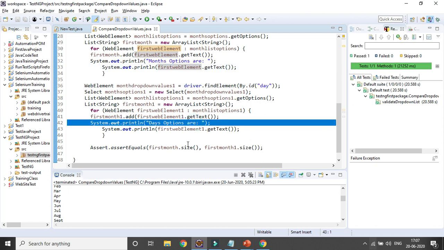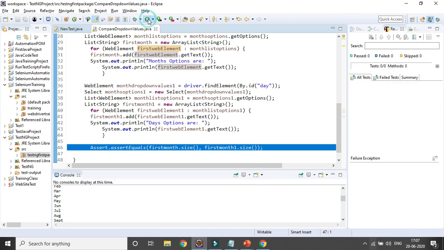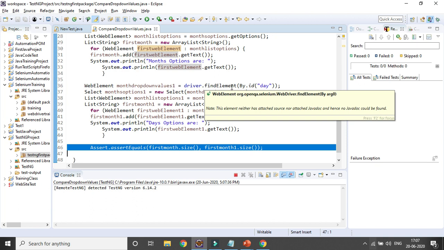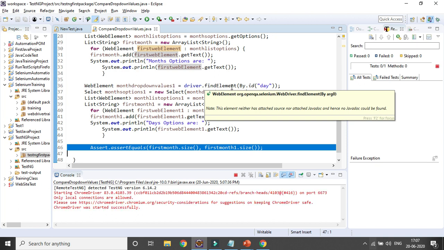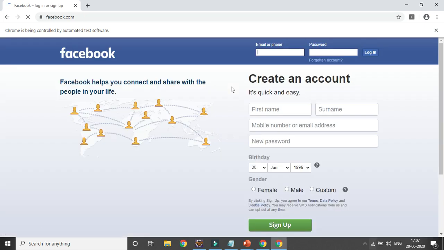as the output. Now if you want to check the size using the assert class, it will also not match, and the value will also not match, okay? First you can run with the size, and you can see whatever month option and day option is currently being displayed or not, and this is not matching, right? Obviously the test case will fail because the size will also not match, because in the month option there are a total of 13, and the day options are 32, including date and 1 to 30, 31, right? So 32, so obviously 13 and 32 will not match.